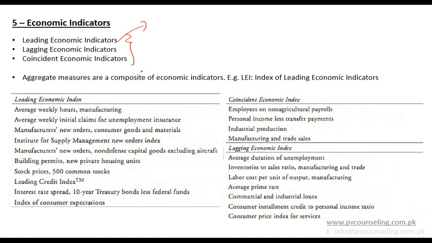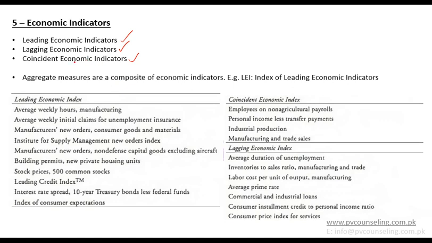That will be coincident more than leading. Orders: if orders for raw material have increased, that means there will be more production in future. So generally anything related to production, anything going into production, or any change in the resources going into production would generally fall in the leading category. Anything which is action oriented, which is a response to economic movement, will go into lagging, like unemployment. And coincident are those which happen at the same point in time, anything related to the production itself, or happening at the time of production.